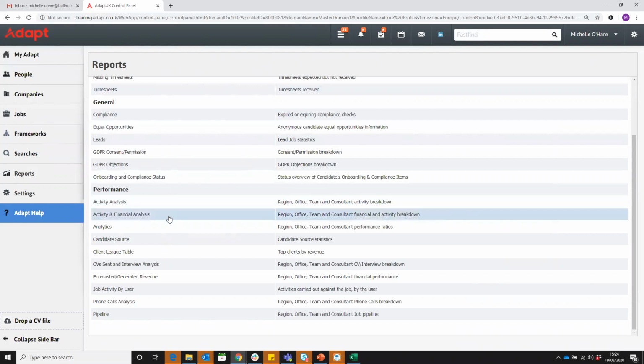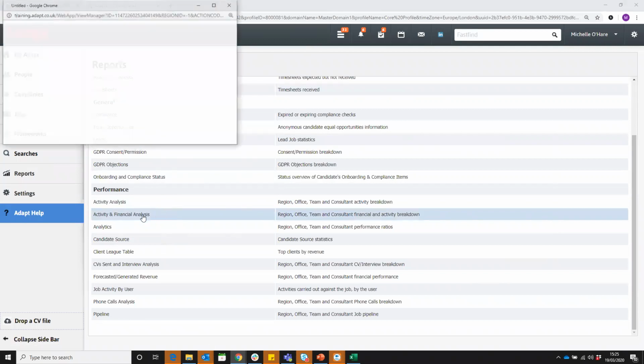What this one does that's a bit different is if you have had targets put in the system, so you could have had your KPI targets put in either on a weekly basis, monthly, quarterly, or yearly. And when you've done that, same with your revenue as well, you can have a temp revenue, perm and contracts put in. And then what you can do in this report is it will not only give you graphs to show you how you're doing next to your target, but it also shows you how much money you've made rather than just your KPIs. So if we click on the report here to build it,